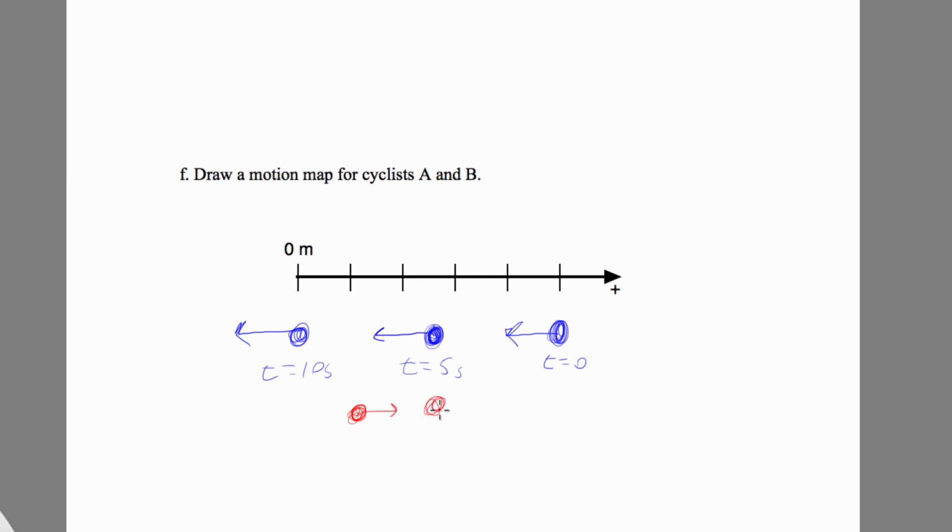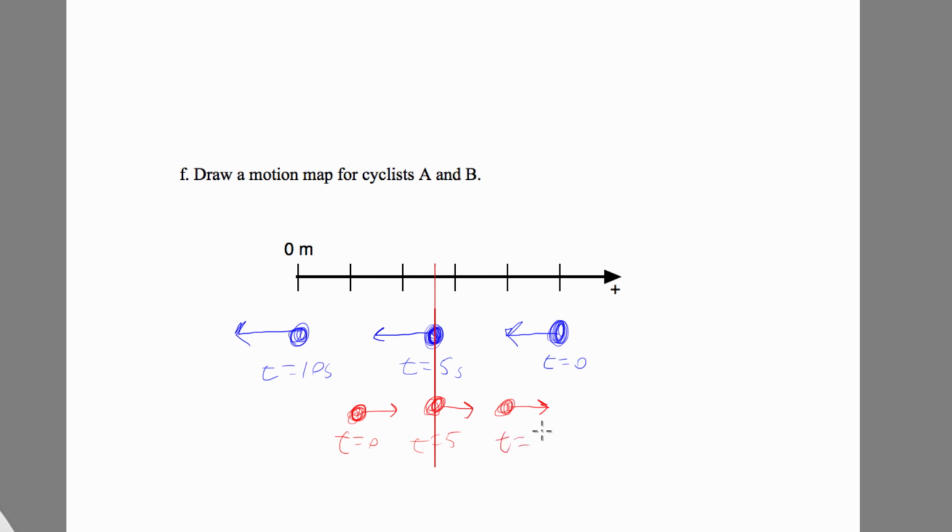It's important that these dots line up because at 5 seconds they should be in the same place. And then here. So again, each one is 5 seconds, so this is t equals 0, t equals 5,